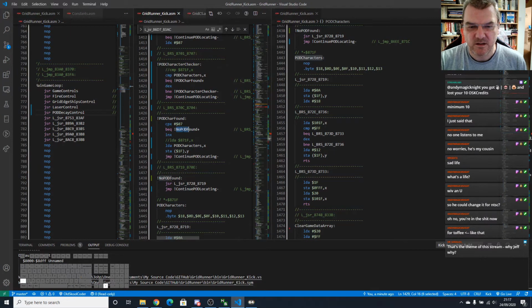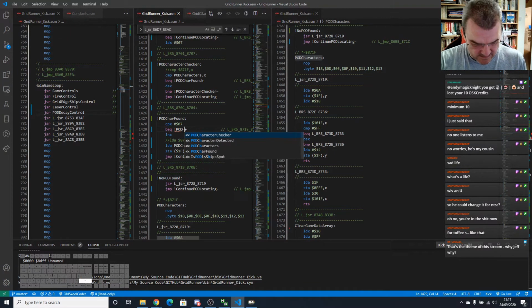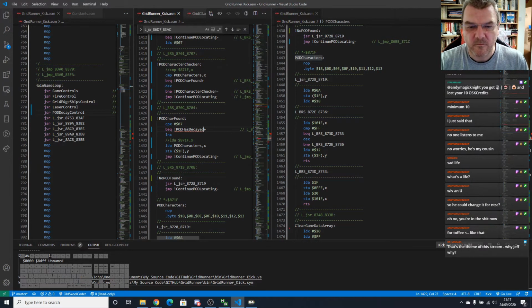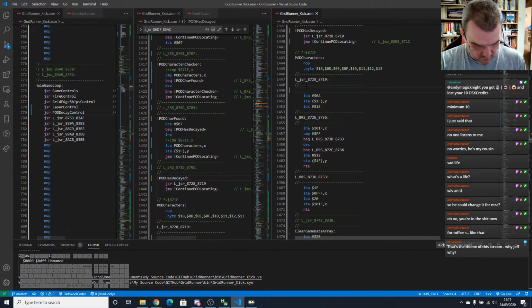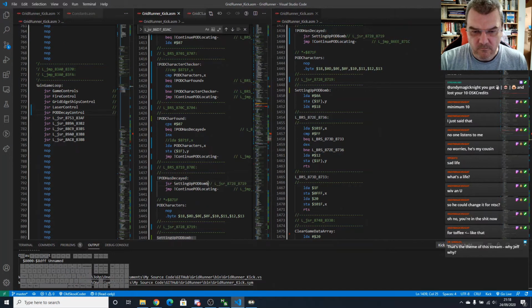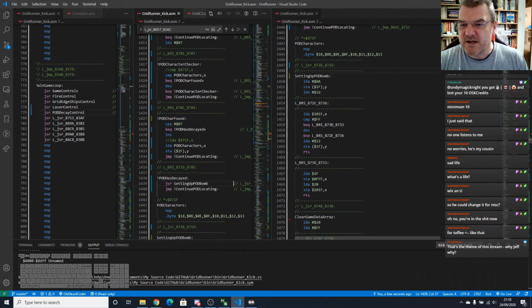It's actually pod has decayed. So this is setting up pod bomb. Right, so he's setting up the pod bomb, so he's putting an A at the location that we've currently got,